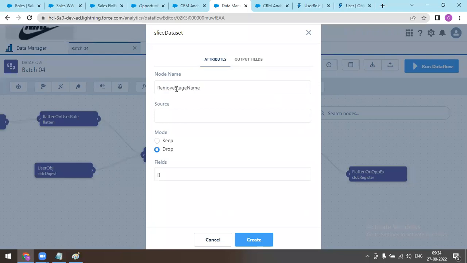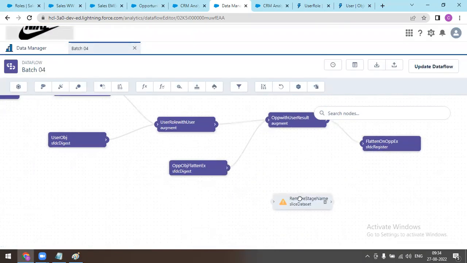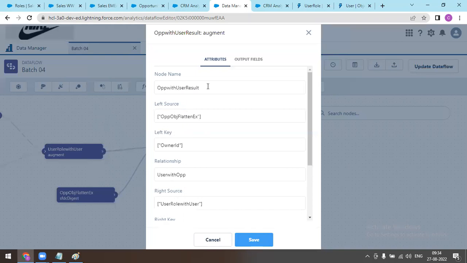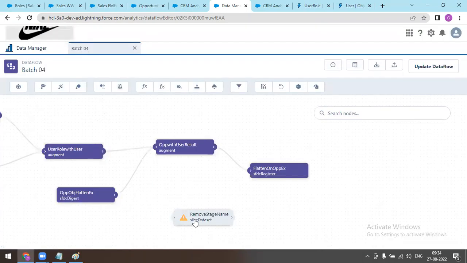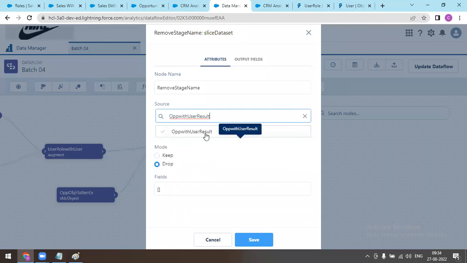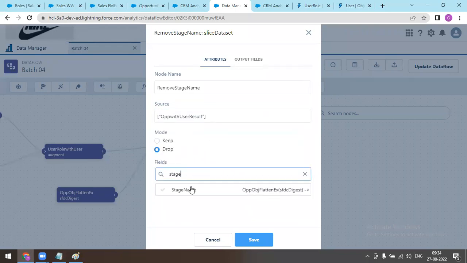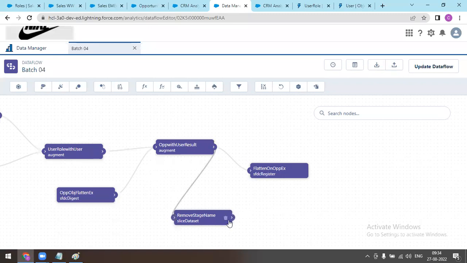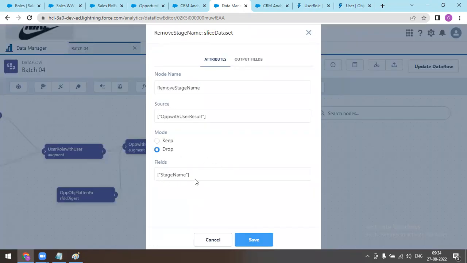stage name. Source: what is the source? I will select this one. See, I didn't put any source, that's the reason. So I will take this one as source, and I will drop only that particular stage name field. Now you augment it and put this one. From before registering it, I'm actually removing certain fields. You can select multiple fields that you would like to drop from the final data set, that you don't want to see,